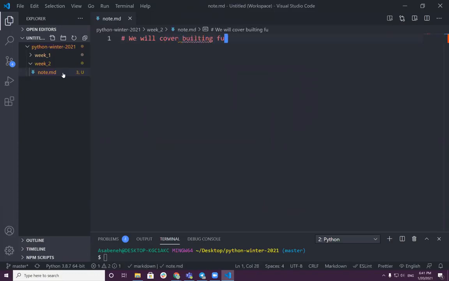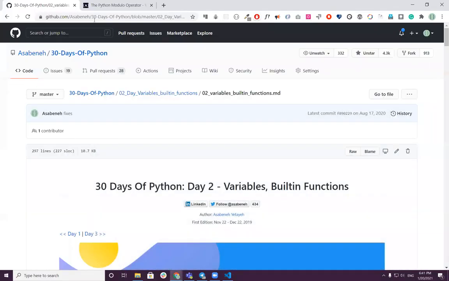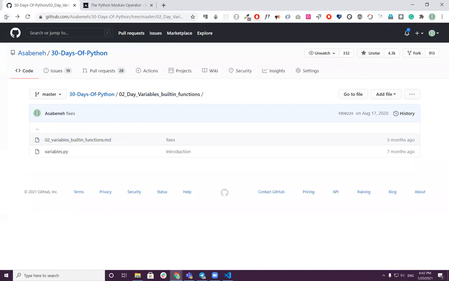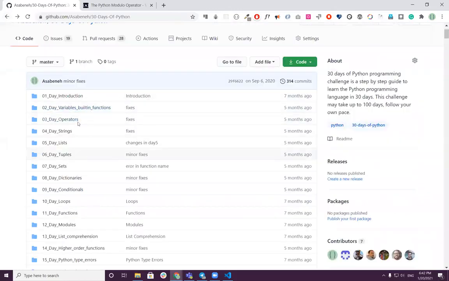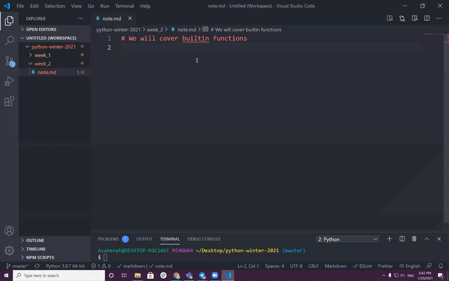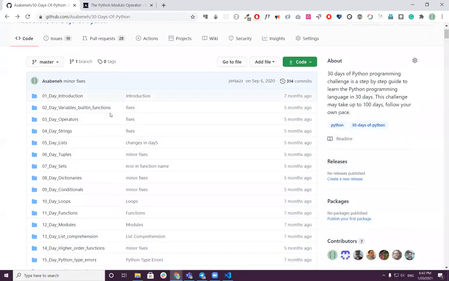built-in functions, and after that we talk about operators. We have covered them already, but it's also good to see something we didn't. After operators, we do